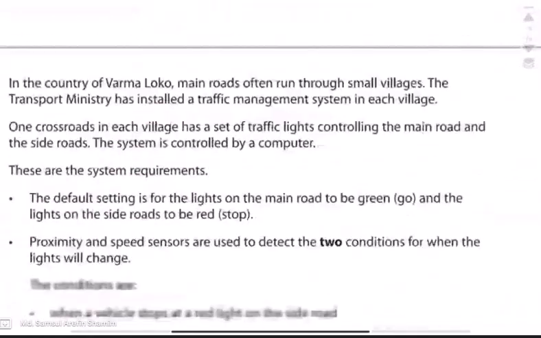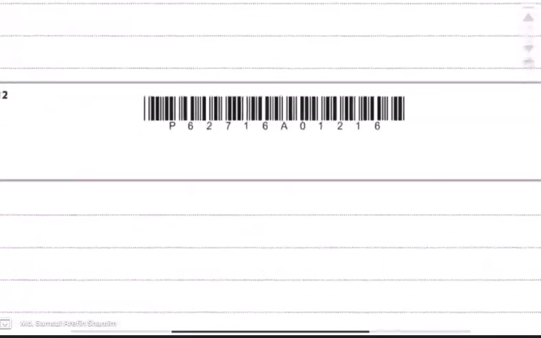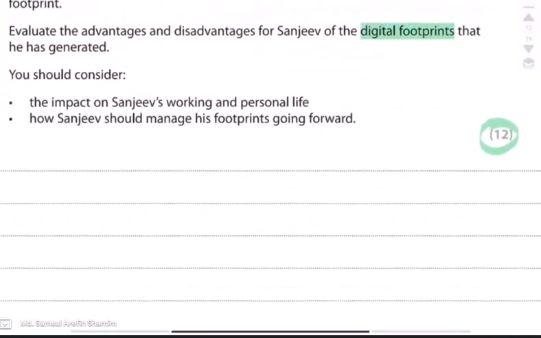And so hopefully this is the last. No, this is not the last question. I thought this was the last question. Okay, so